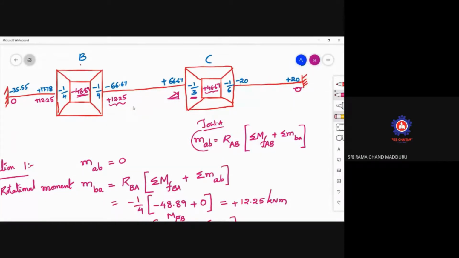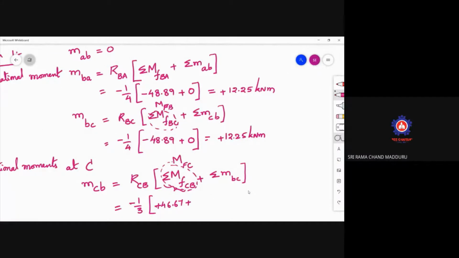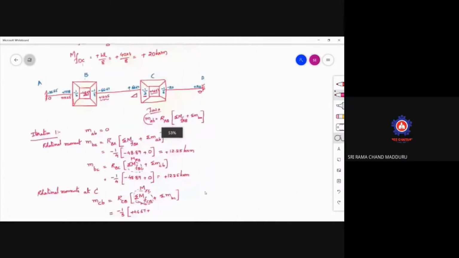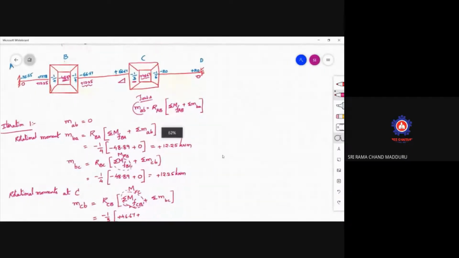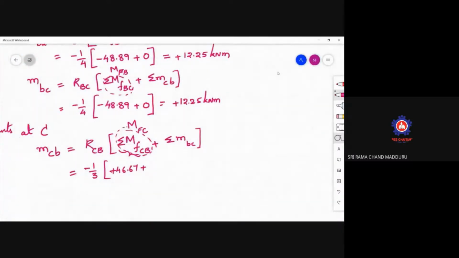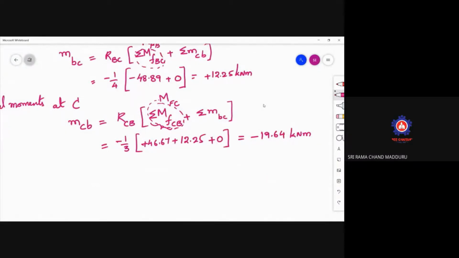So we are writing for this value, plus 12.25 plus 12.25 plus CD